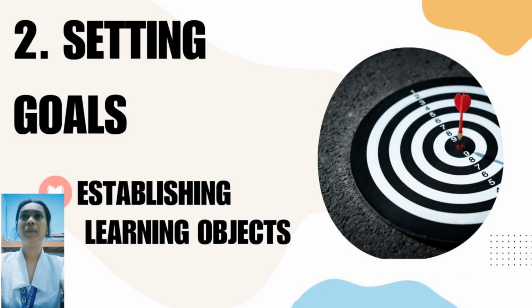And the second step is the setting of goals. We need to establish learning objectives that, based on the analysis, set specific, measurable goals for both individual students and the class as a whole. For instance, if a significant number of students perform poorly on a specific topic, aim to improve understanding of the topic